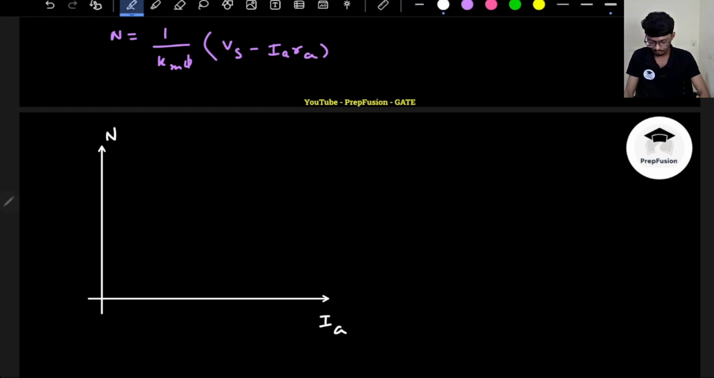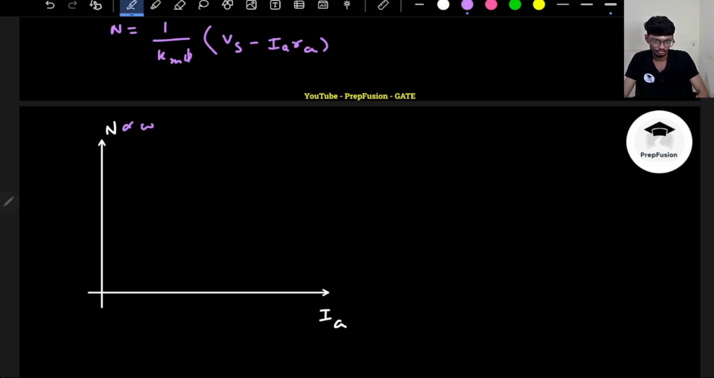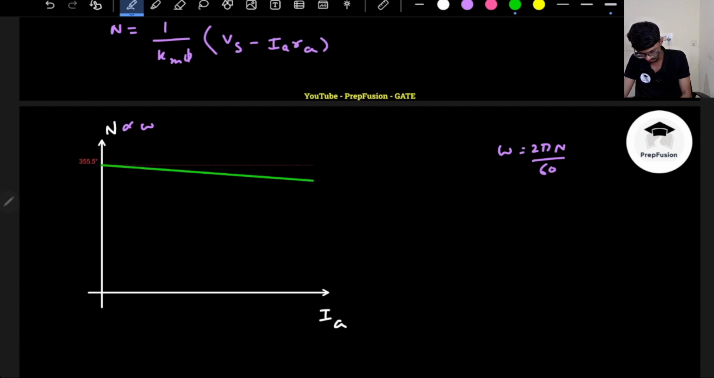Okay, so this is the speed, this is the current. So what I can roughly say is that it is proportional to omega only, because omega is 2 pi n by 60, so both are the same only. So the speed-load current characteristics will be somewhat like this, right? It will reduce slightly. Okay, now it will not be completely